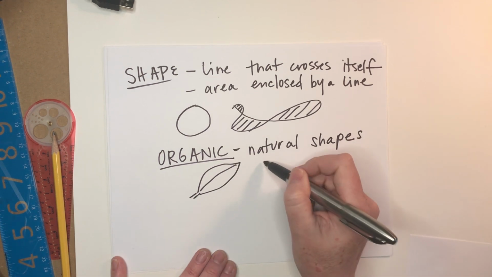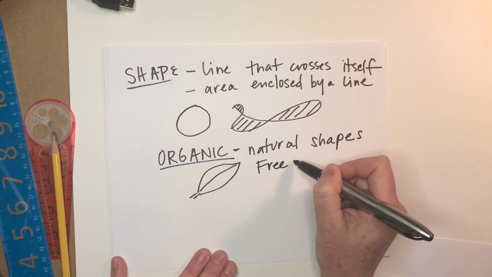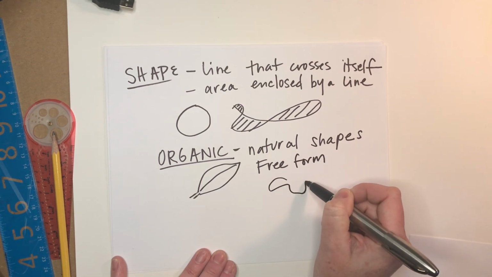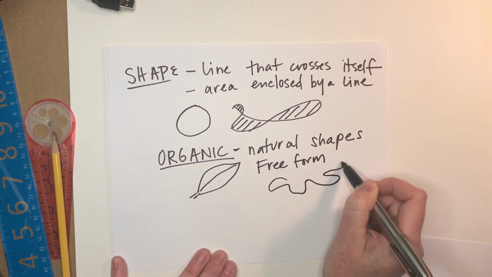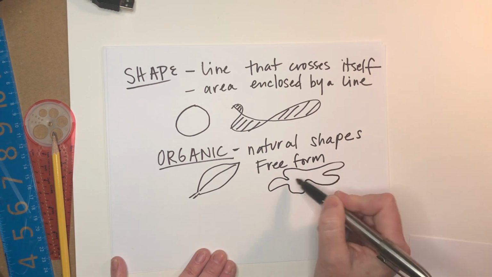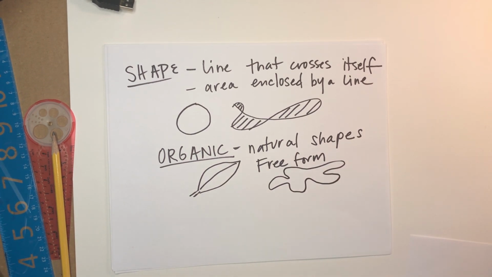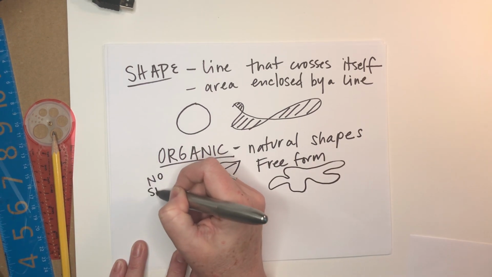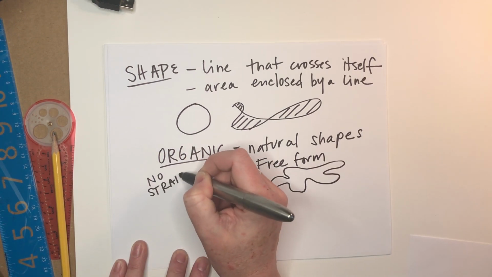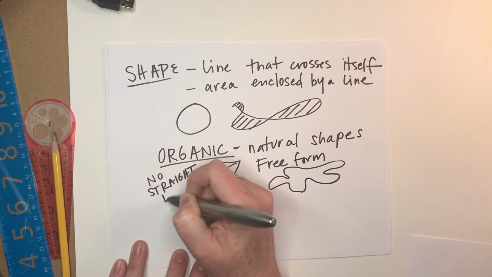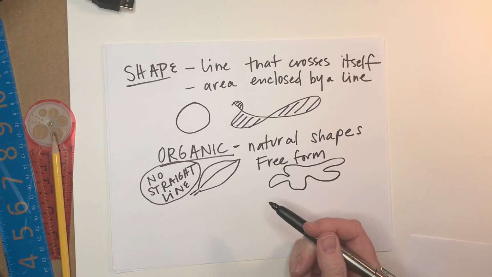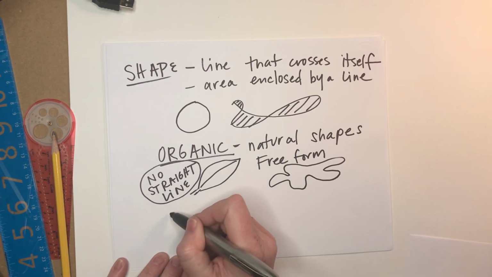It's also things we call free form. Think of a blob or an amoeba or something like that. Those are organic shapes. There are typically no straight lines in organic shapes. Perfectly straight lines really don't exist in nature. That is something that comes along with man-made, which is our other type of shape,